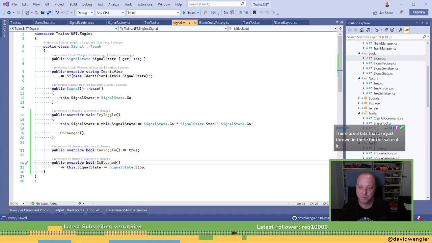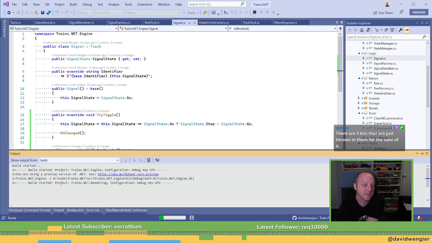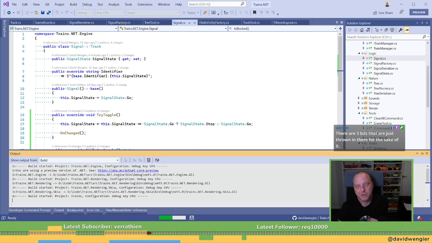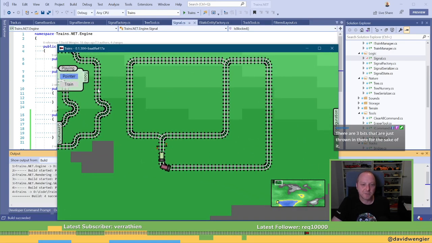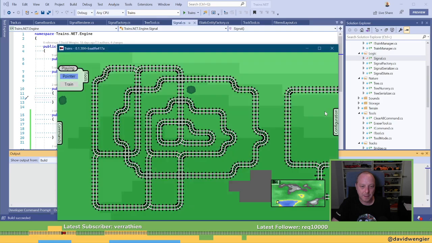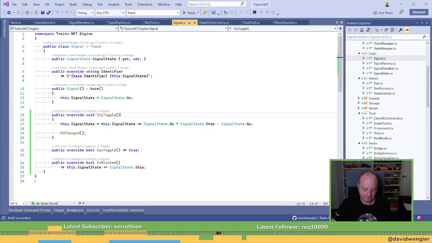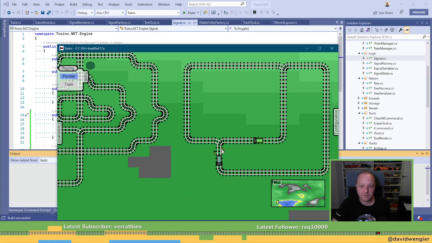There are 3 bits that were thrown in there for the sake of it. Game board really needs to be 2+ classes. Oh, yes, game board definitely needs to be split up. Train storage is separate, but it's inside game board. It should be its own class. Yes, absolutely. Did I leave that stopped? I'm going to leave it going and check the serializer. Hey, I left it going. Now I'm going to leave it stopped on purpose. Check the serializer. It works. Oh, this is so cool.